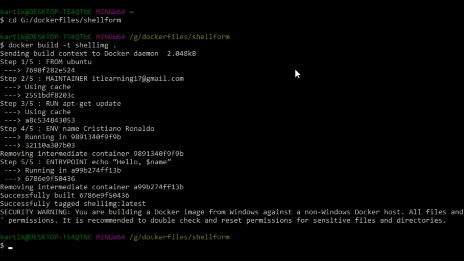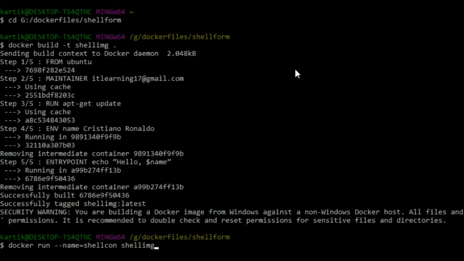And here we can see that the Docker image got built successfully. So now let us run the Docker container from this image. So docker run --name=shellcon and then the image identification, which is shellimage in our case. So friends, the docker run command is ready.